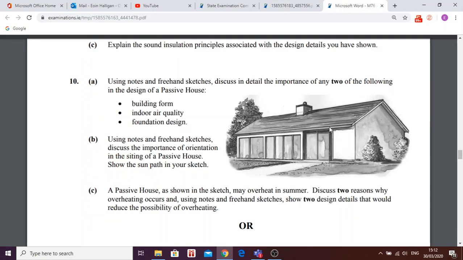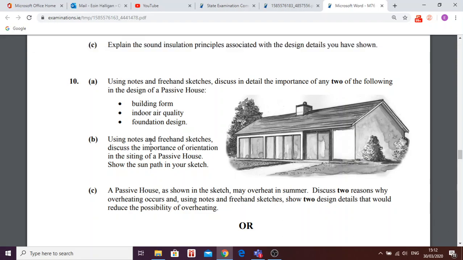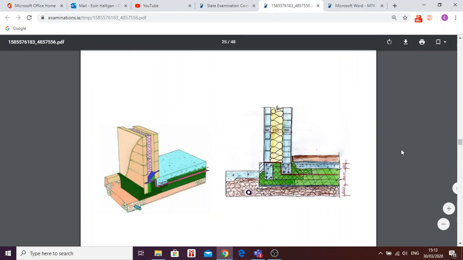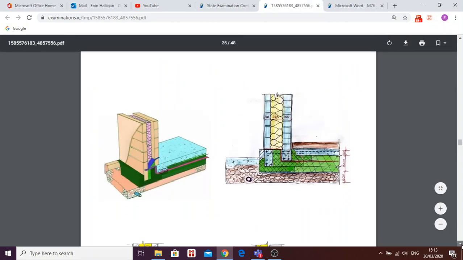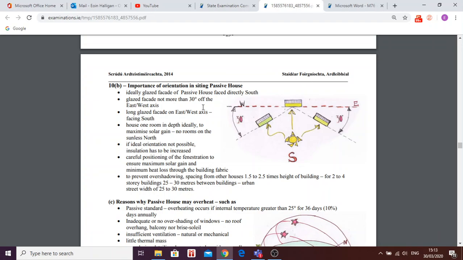Okay, we move on to part B. Use notes and freehand sketches. Discuss the importance of orientation in the siting of a passive house and show the sun path in your sketch. Okay, so we'll move on there and scroll down. The importance of the orientation, right? So obviously we know that your best orientation is south, directly south. That's the ideal, but sure, not everyone can hit that ideal,